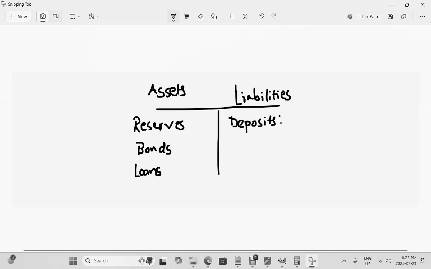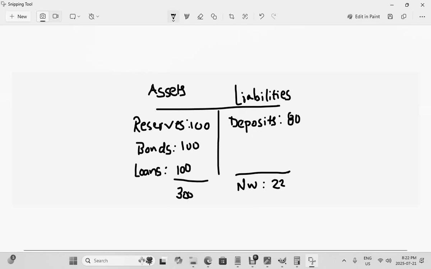Let's say you have $80 million in deposits, $100 million in reserves, $100 million in terms of bonds, and $100 million in terms of loans. So all in all, this will be 300, and your net worth, assets take away liabilities, so assuming this is 300 minus 80, this will be